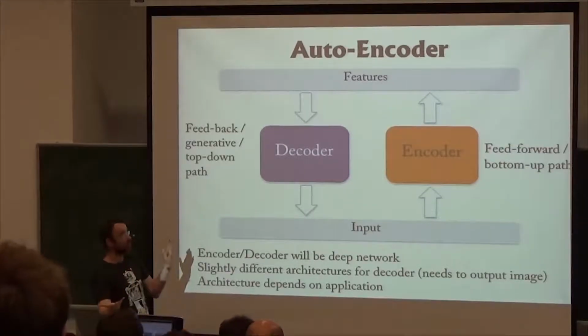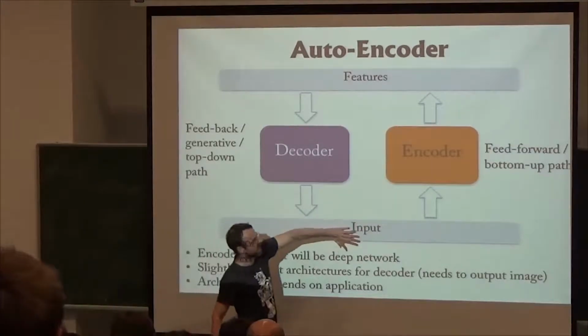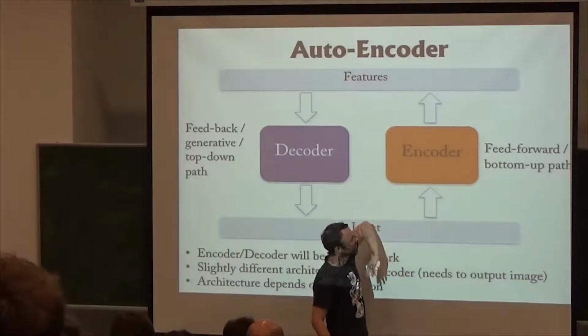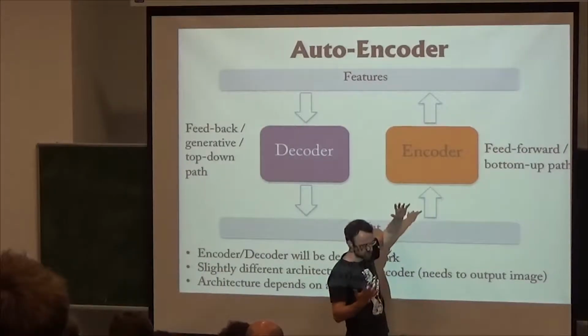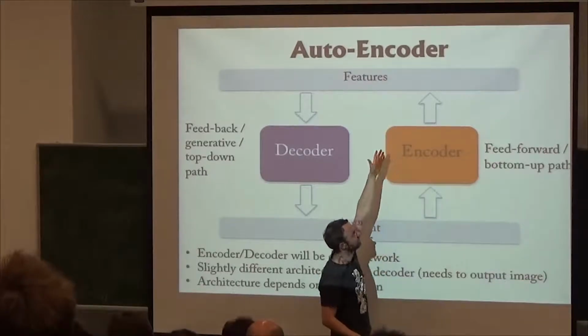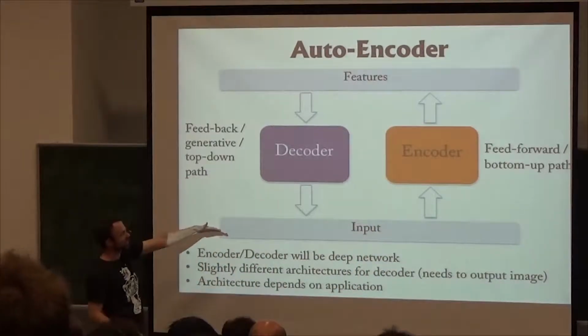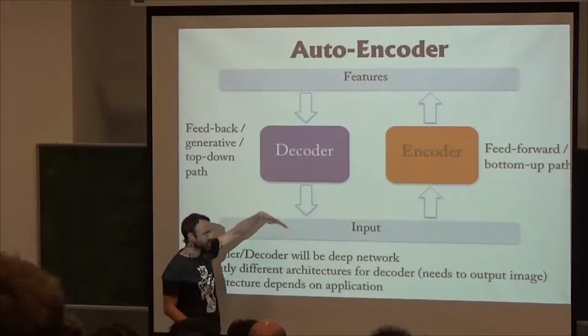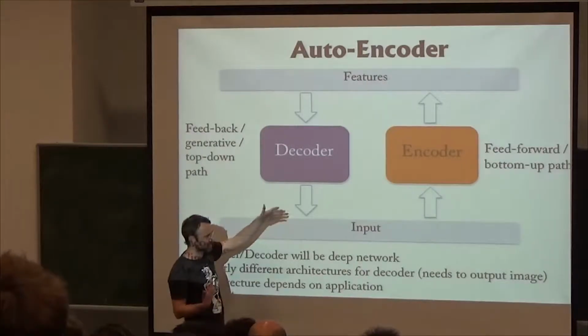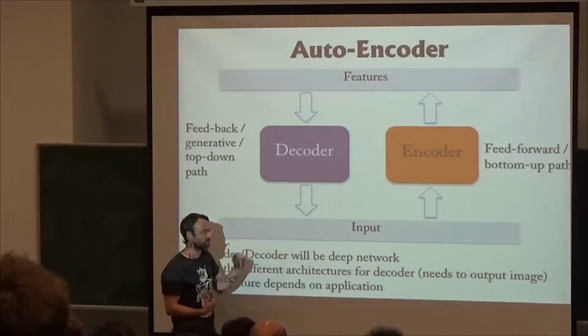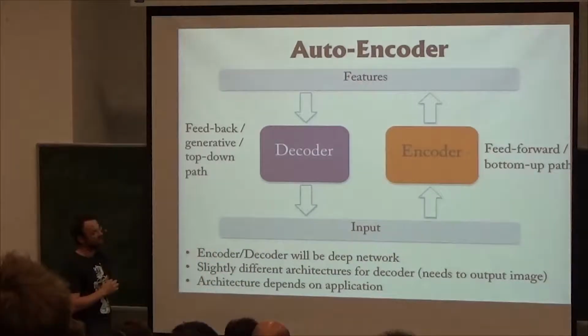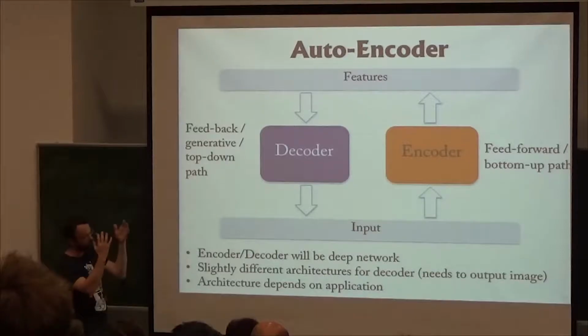So the models we were looking at previously were basically encoder only. They were taking some input, passing it through some convolution or whatever, some nonlinearity, and getting some features. In an autoencoder, you're going to have some way of going back from the features to the input. So it's going to produce some kind of estimate of the input, and then there will be some, usually in the most basic form,